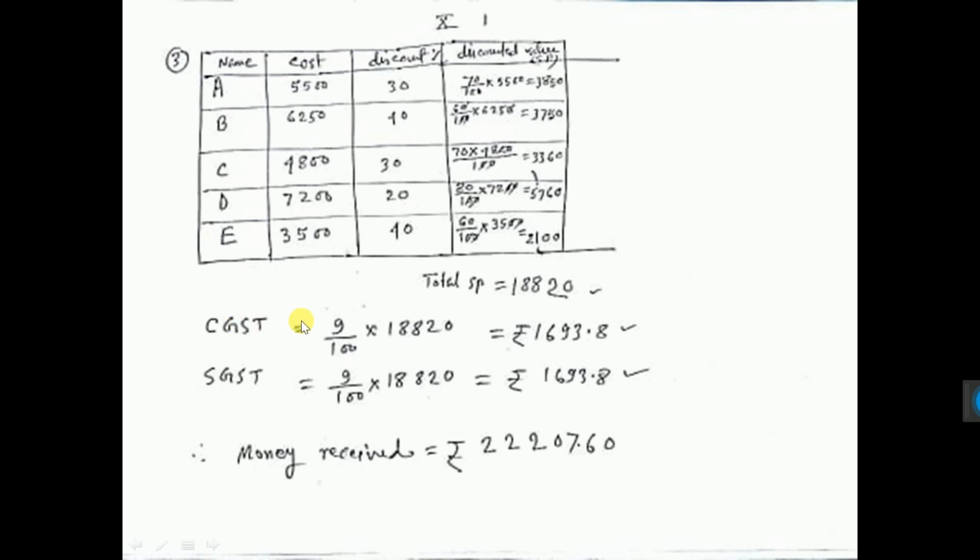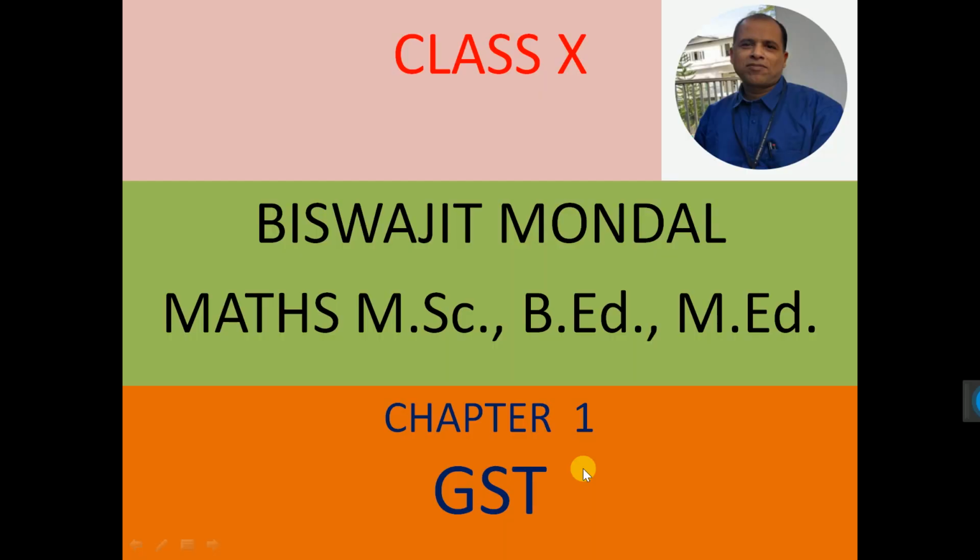So CGST, it was 18% total GST, so it will be half, 9%. So 9 by 100 into this total SP. This is the CGST. SGST also will be the same. So the amount of the bill will be these three, you have to add. You add these three, and this is the money received. Similarly, we will do all the sums. That's all for